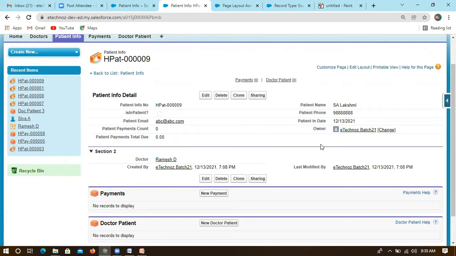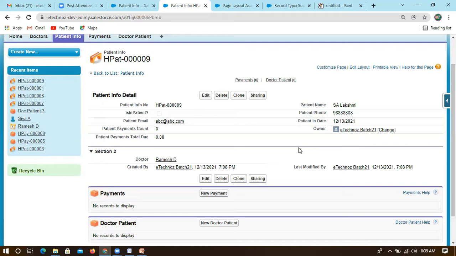Can anyone tell me how we can change it? I want the record type field. I want to see which record type it is. I'm not sure. Do we need to create any field in the object to see that record type?